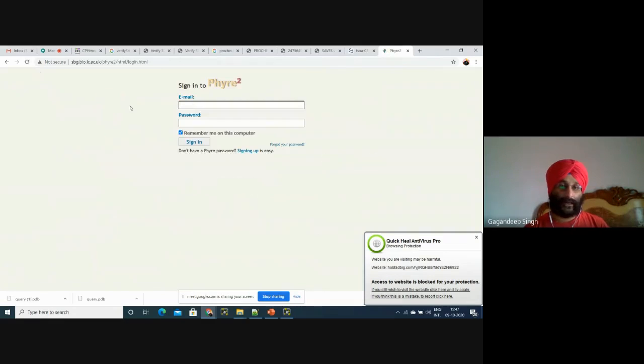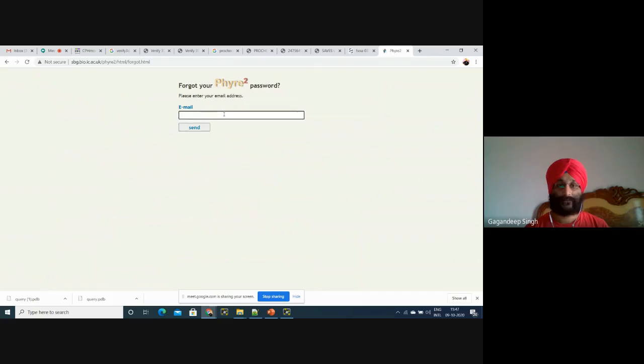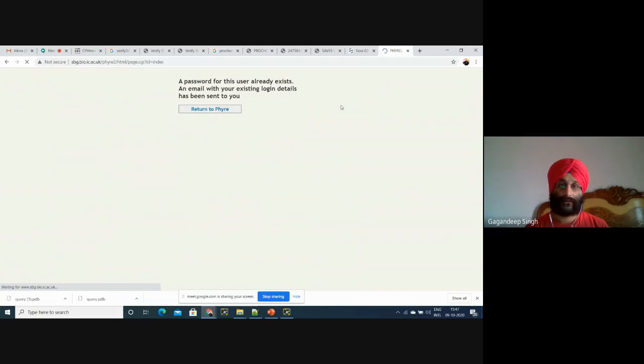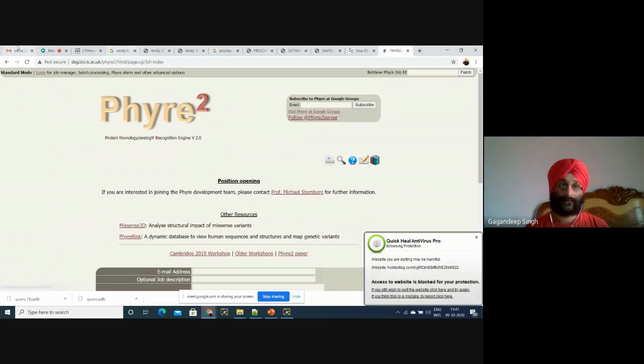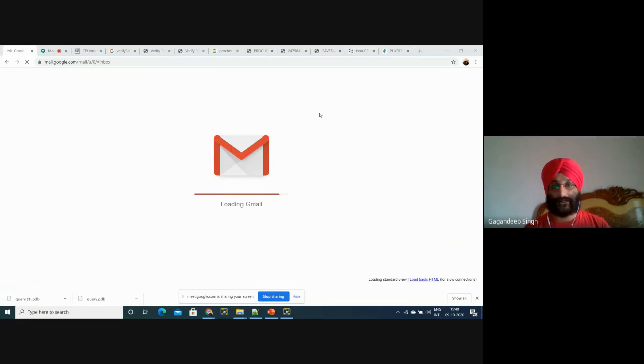After that login ID, I've generated some, but I forgot the password right now. Generate your login ID in Fire2.